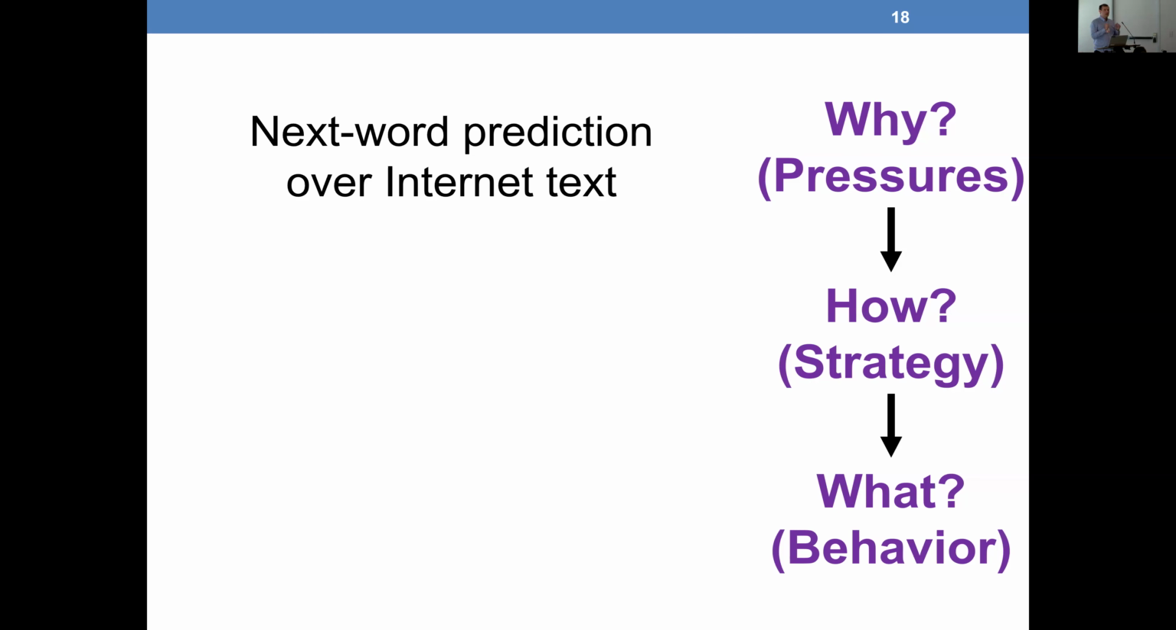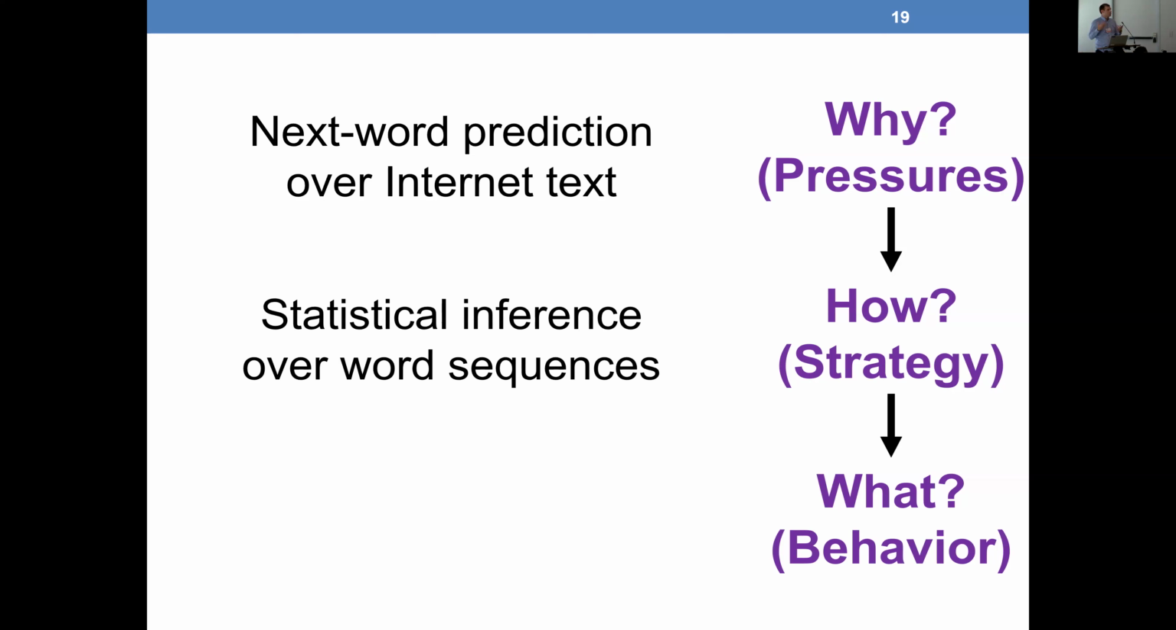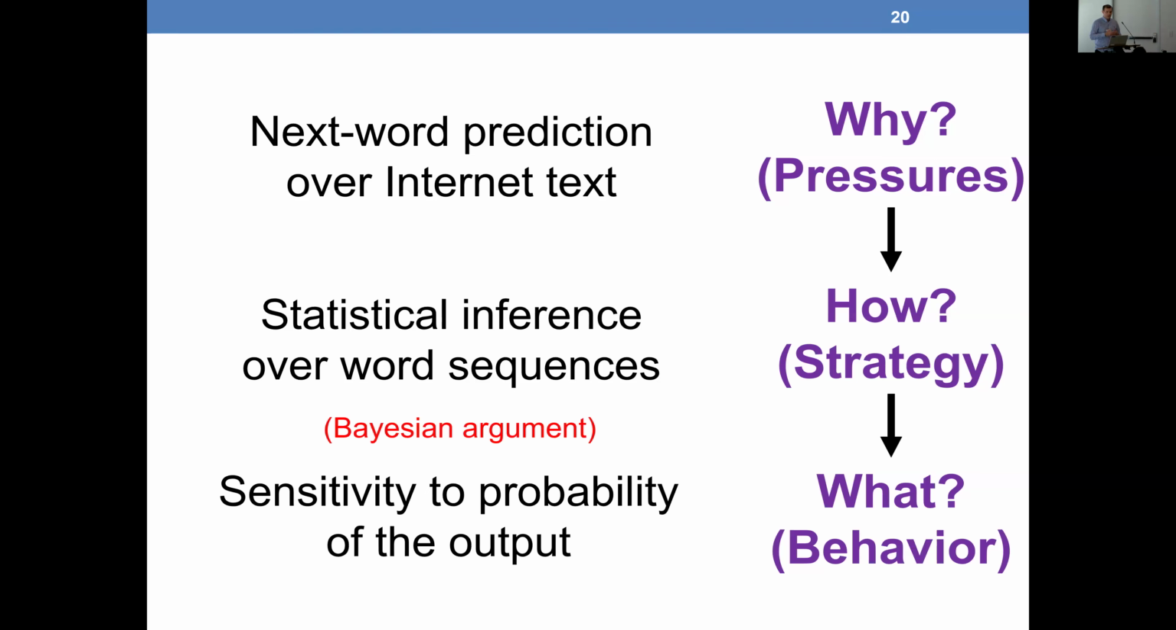Now we can reason about, if this is the pressure or the goal that the system is being trained to optimize for, what strategies would it adopt? And the answer to this question is also quite straightforward. It would be statistical inference over word sequences, because this is just the right strategy to use if you're trying to do next word prediction. And then finally, we can ask, what sorts of behaviors would we expect from a system that is doing statistical inference over word sequences? One aspect of behavior we would expect is that the system would be sensitive to